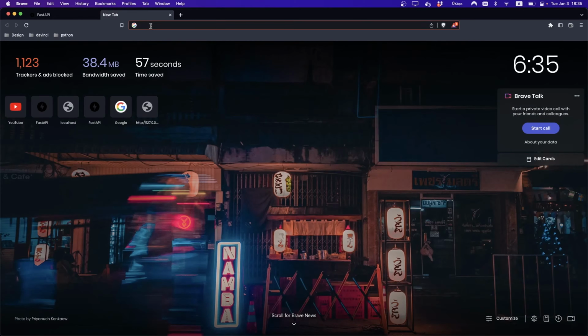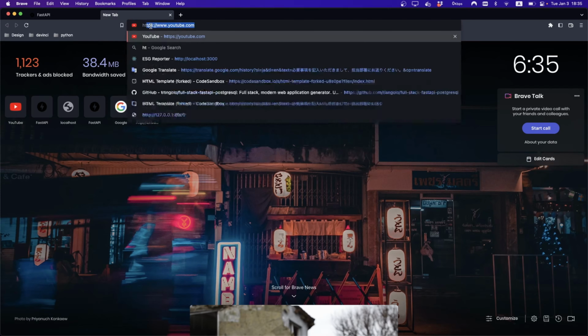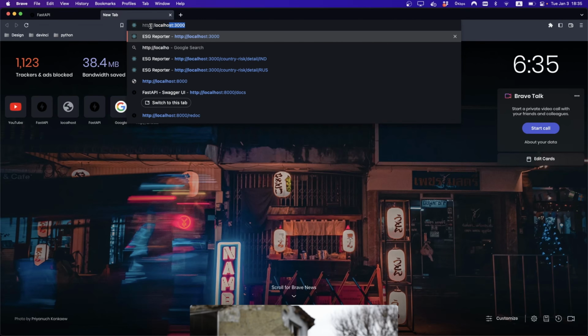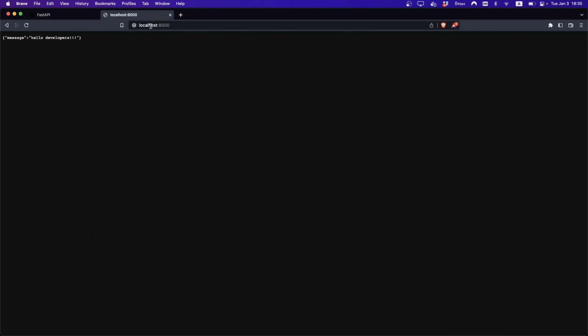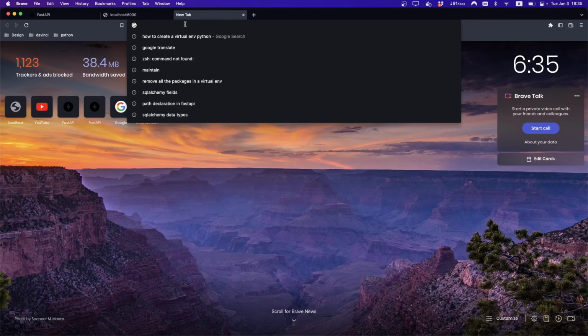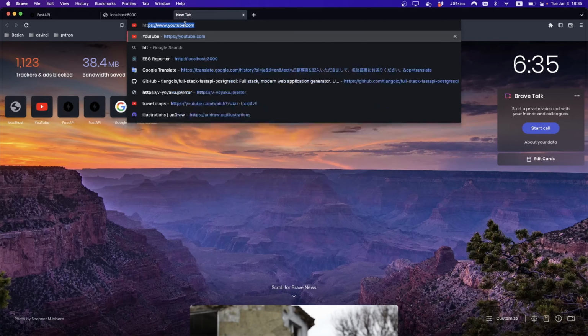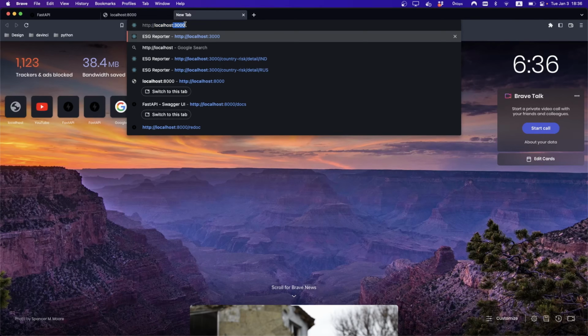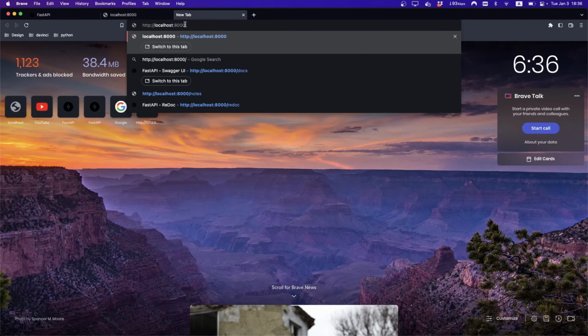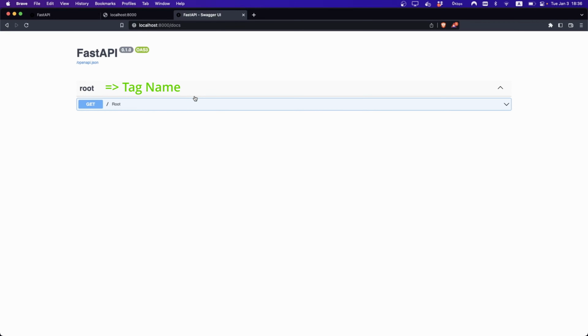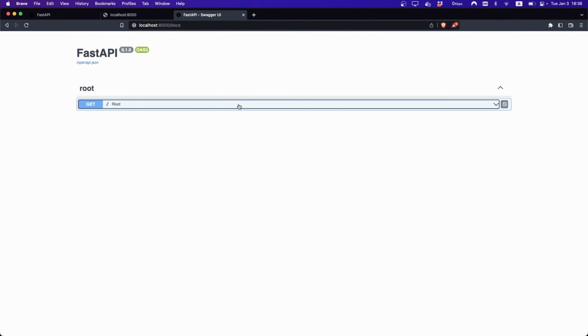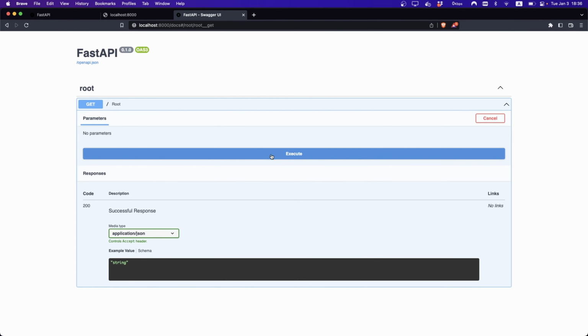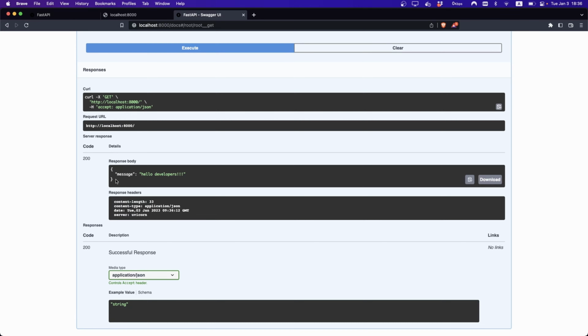So let's visit port 8000 on our localhost. There you go, we are getting the response back. Okay, so if we want to see the documentation, just visit the /docs URL. Same port 8000 and then docs. FastAPI will generate us a beautiful Swagger documentation. This is an interactive one. As you can see, we are getting the same